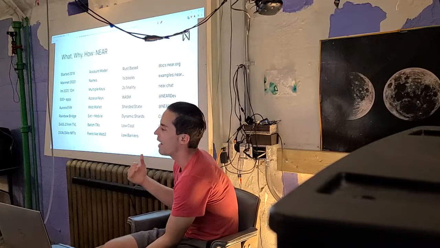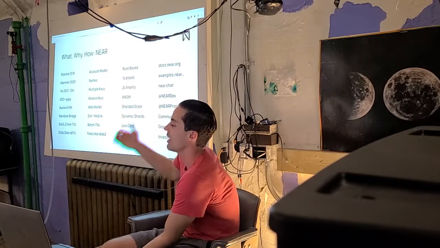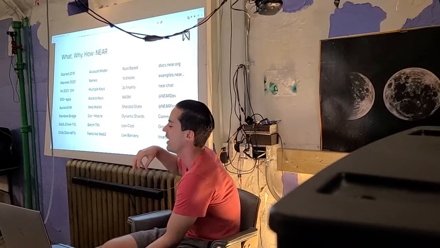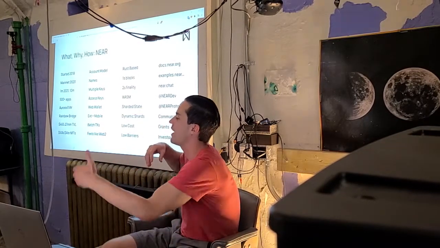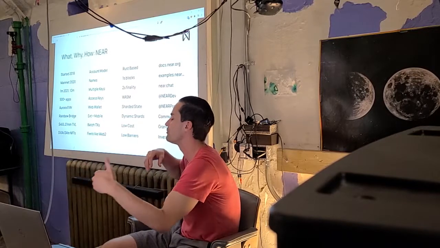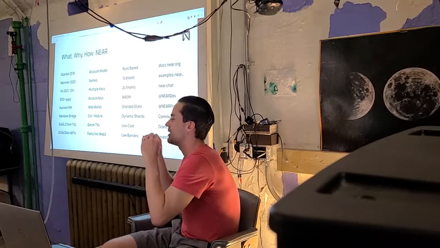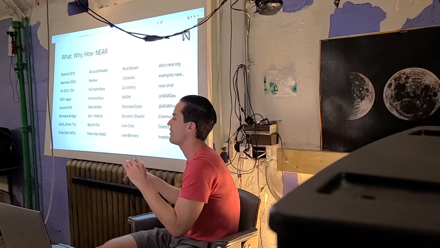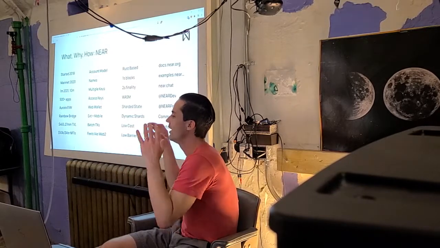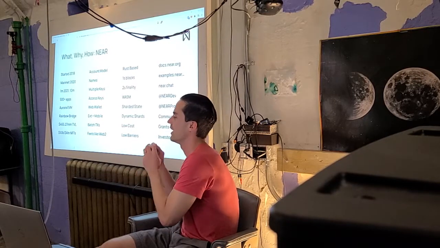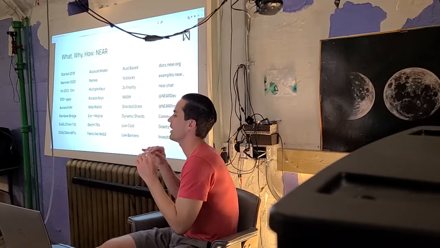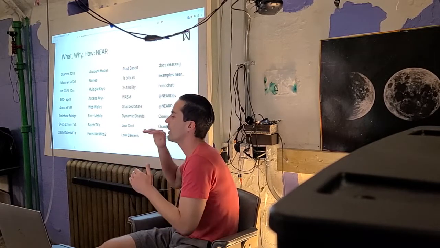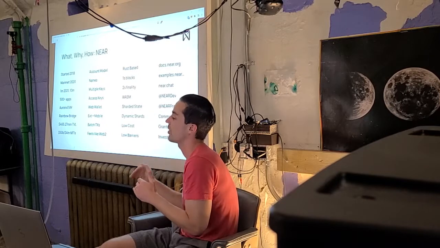So when you go to an app, you can actually sign into an app, which means that you can add a key to your account and then give that app's front end the private key, and that key can have a tiny little bit of allowance to call only contract methods. So it doesn't mean that app can take your NEAR and run away with it. It just means that they can call contract methods, and you can actually scope the access key to only calling certain methods in certain contracts.